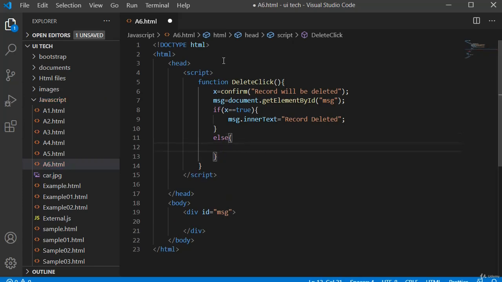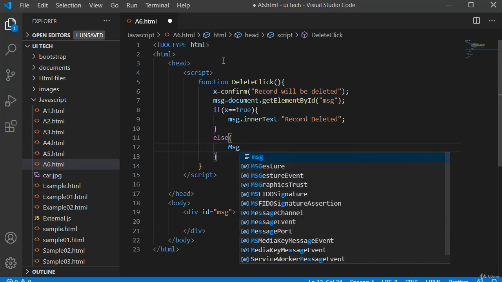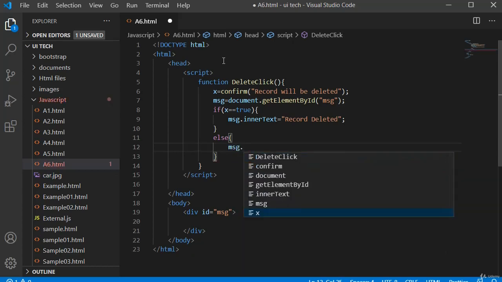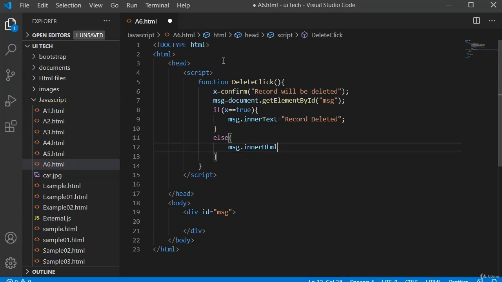In else, I will use msg.innerHTML. Inside innerHTML, we can use HTML tags.